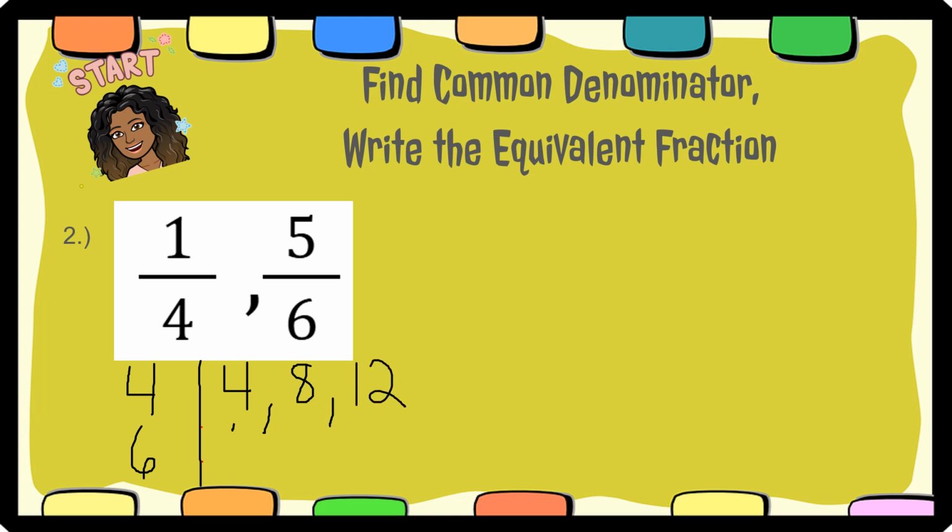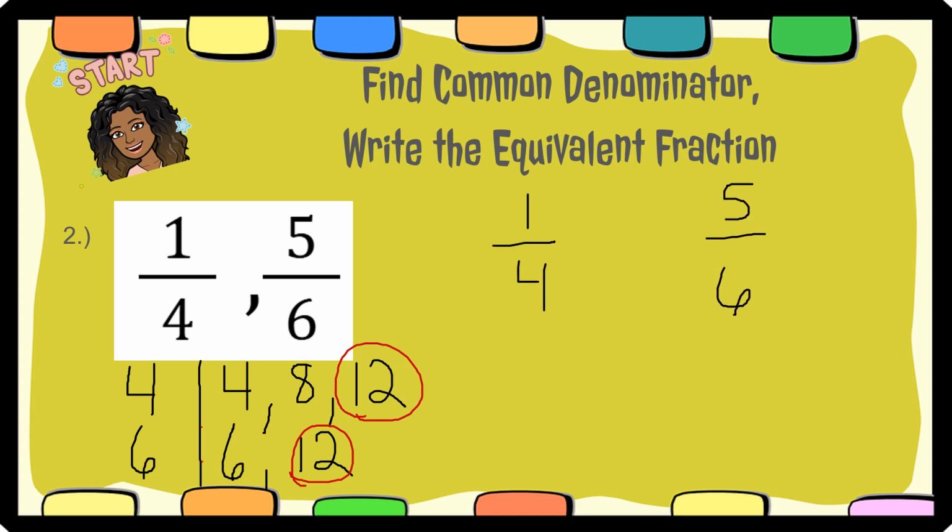My multiples of 6 are 6 and 12. That means I can stop right there because my common denominator is